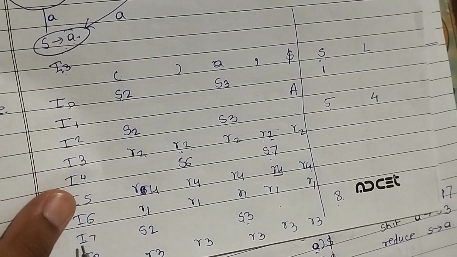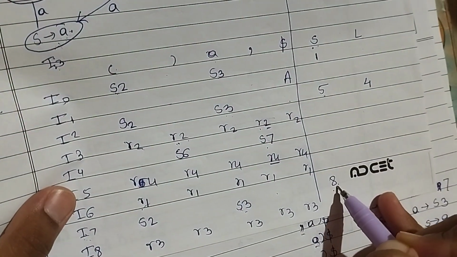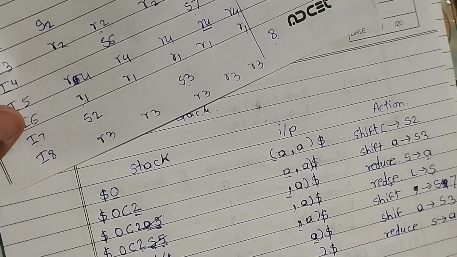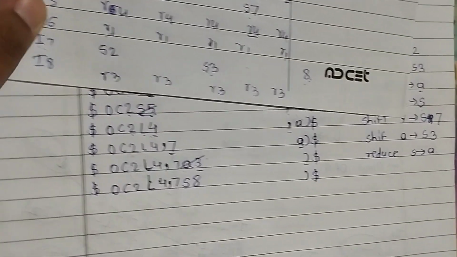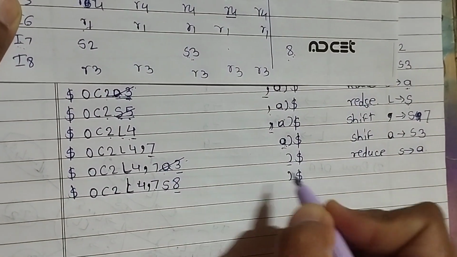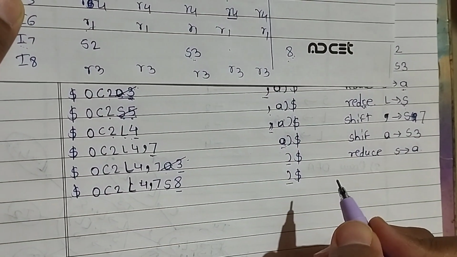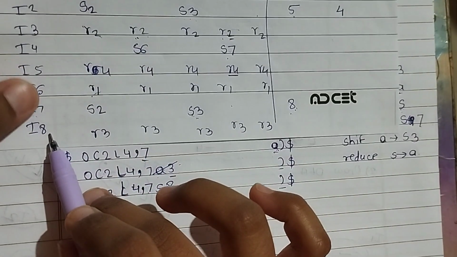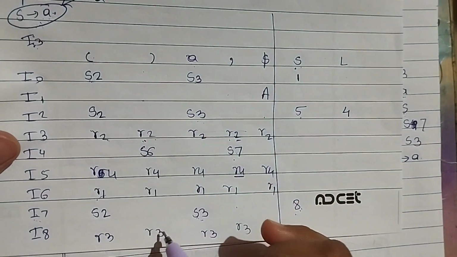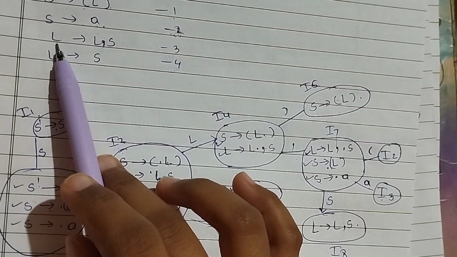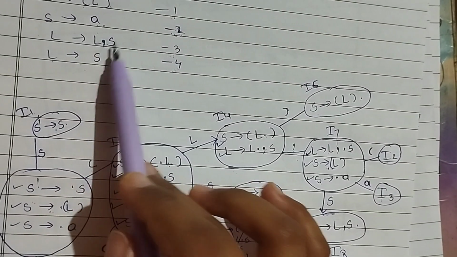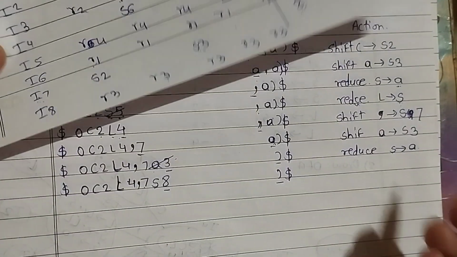If you see carefully, I7 and yes, 8 is present, so we write here the number 8. Now next I8 and closing bracket, so I8 and closing bracket is R3, means reduce using the 3 number grammar. The 3 number grammar is L comma yes, so reduce